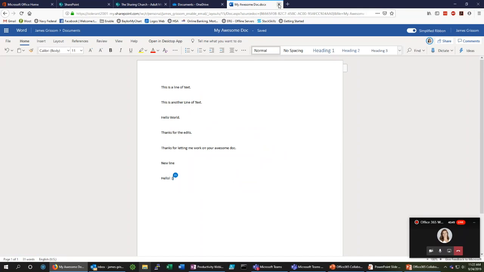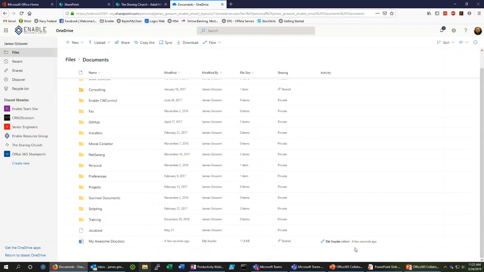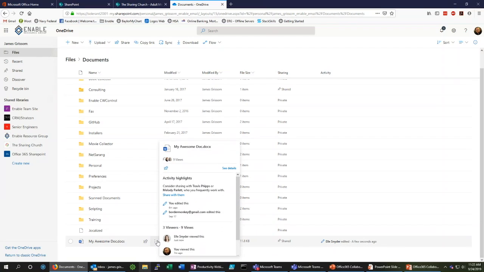And now if we close this, and also you see her up here, it says Ellie Snyder is helping edit. So really nice, lets you know who all's doing what. All right, so I was working on this with Ellie, and now you see the modified date on my awesome doc says a few seconds ago, and Ellie's the one that made some changes. So that's how you can keep track of what's happening and make sure that only the people who should be